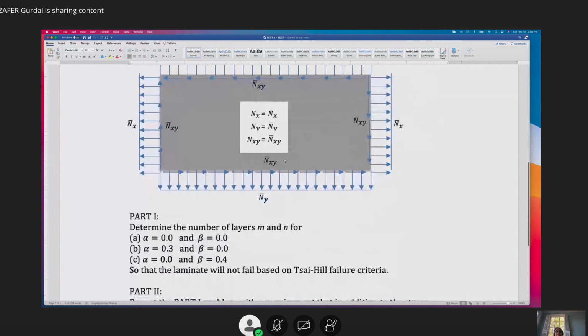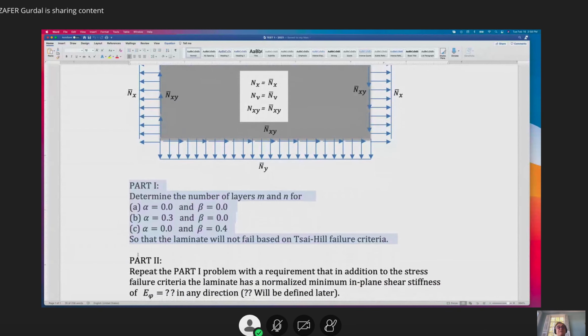And the requirement there for part A, or part 1, is that we're going to find m and n for these 3 different load conditions, so that the laminate will not fail based on the Tsai-Hill failure criteria. Okay, this is just a strength design. Once we have a good handle on this,